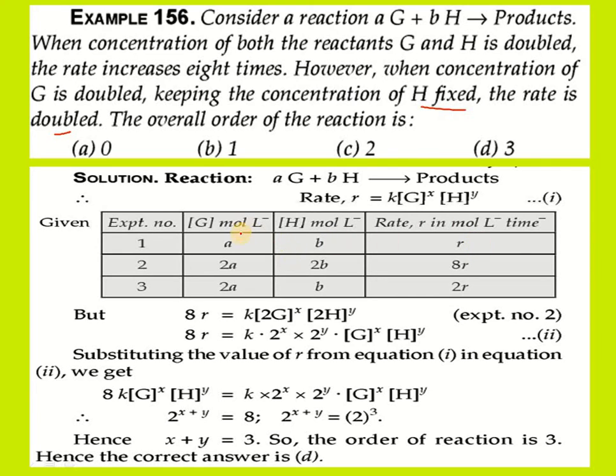And they are telling that when both G and H concentrations are doubled, means A became 2A, B became 2B, then the rate increased by 8 times, means 8R here. However, when the concentration of G only is doubled while keeping the H concentration fixed, means B remains as B only, that time the rate is said to be doubled. Here 2R. So upon taking this expression